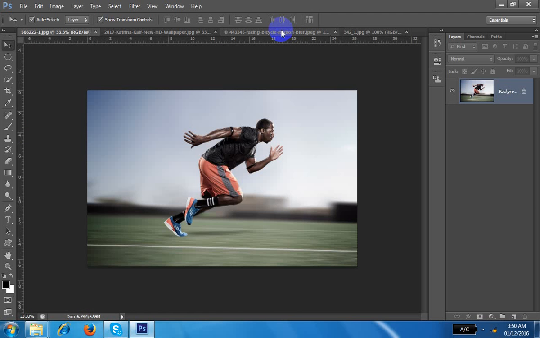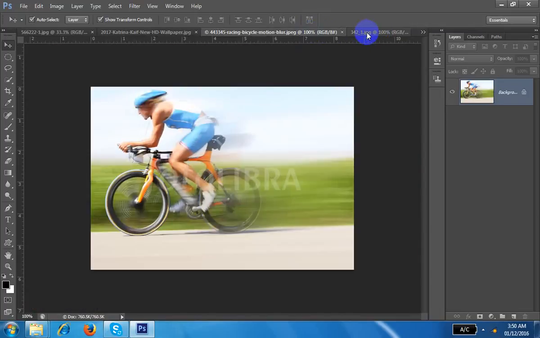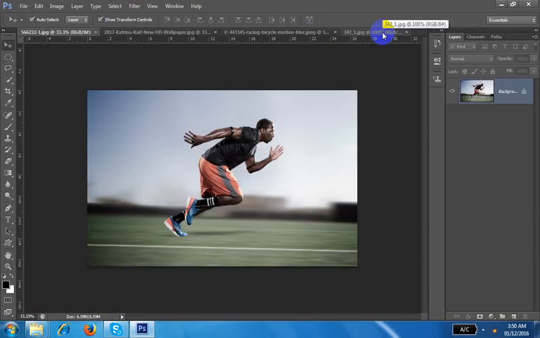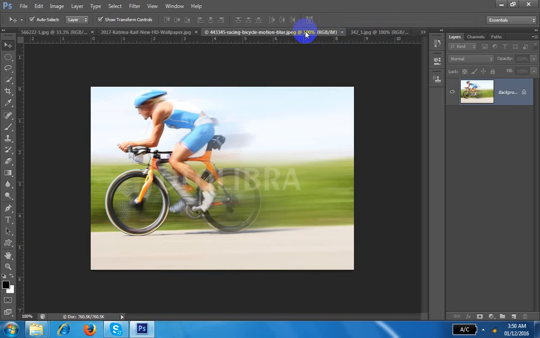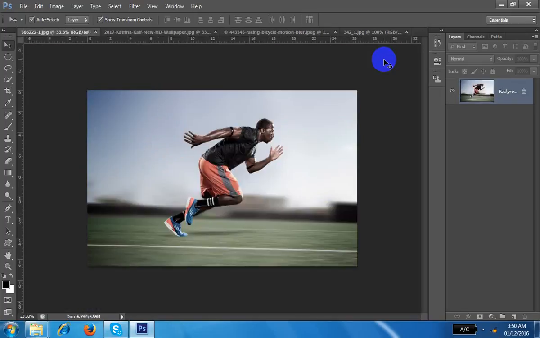So Control Tab. One thing, this is one document and this is second. I can use Control Tab, I can go there. Okay, again if I use Control Tab I can come here. So Control Shift Tab, go opposite. This is the Control Tab, you are going here. Control Shift Tab, you are coming here. Understand? Lot of documents. So simple thing, no need to use all this.